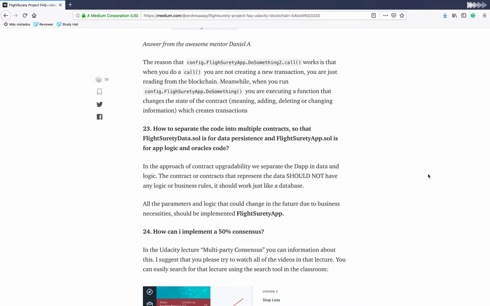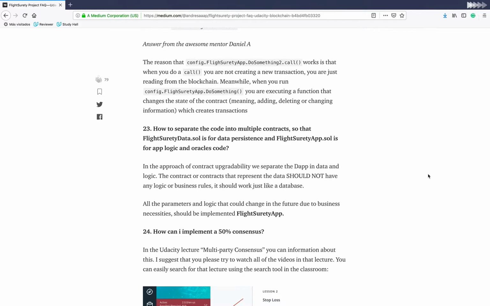Well, a for loop in the case of FlightSurety data you may need if you need to look for some data, but not for doing any calculation. In a database you don't do calculations or implement logic. All the logic, business rules, and parameters can change in the future, probably, so all of those rules need to go in the app component, in the FlightSurety app. So you need to do that very well.